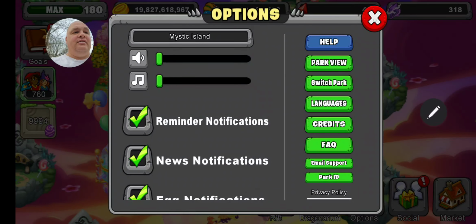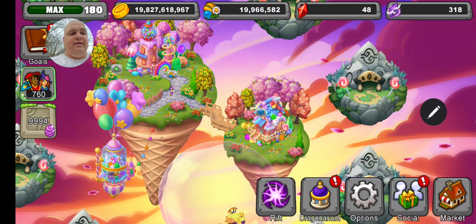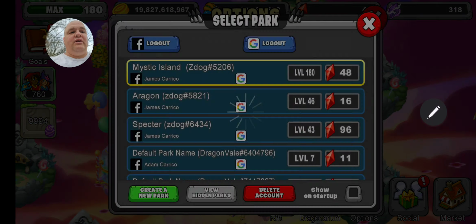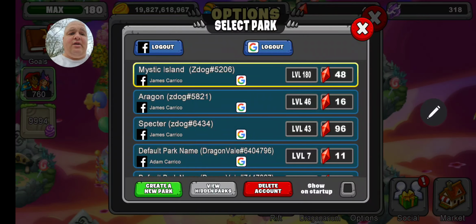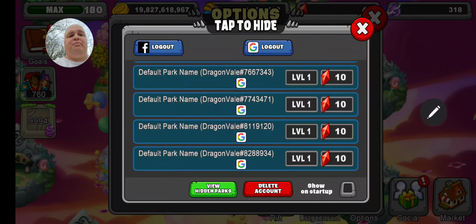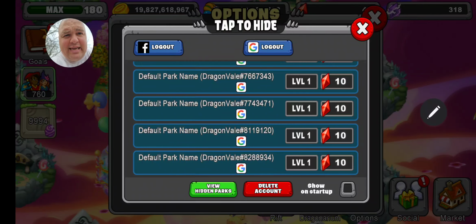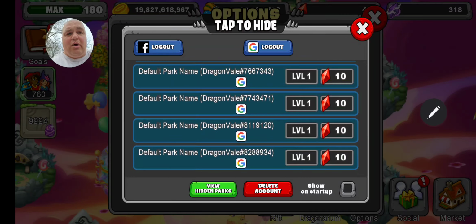Then you'll come down here to your settings right here. You'll tap on that. You'll go over here to switch parks, right? Then you'll go down here to view parks. This will pull up all of the parks. If your email address that is connected to your Facebook and your Google is the same as it was on the other device, whether it be your computer, whether it be a tablet, an Android, an Apple, it doesn't matter. As long as it's the same Facebook account and the same Google account,